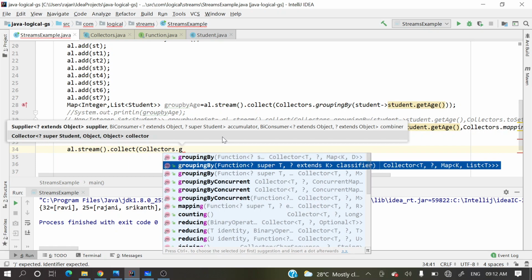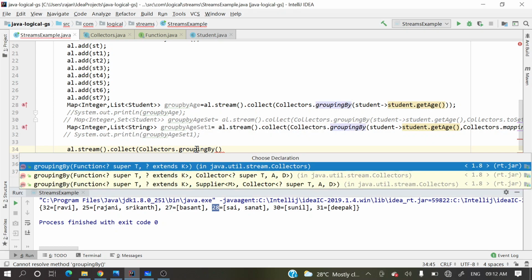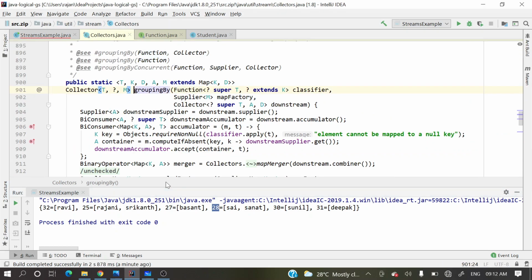In that groupingBy, we do have these three, right? Let me check this implementation. It will have a function, one supplier and one collector. The function means based on what attribute you need to group by, and the collector means if you want to perform any reduction operation.